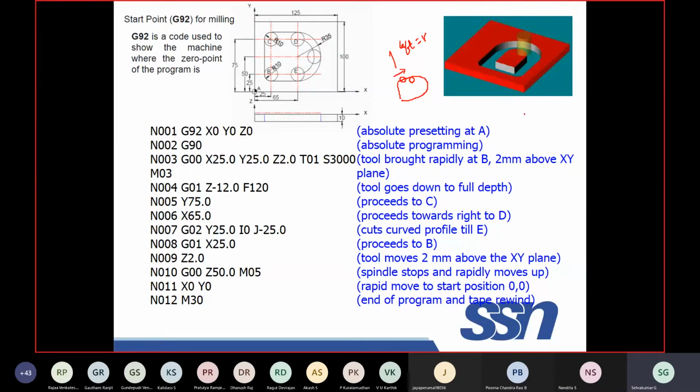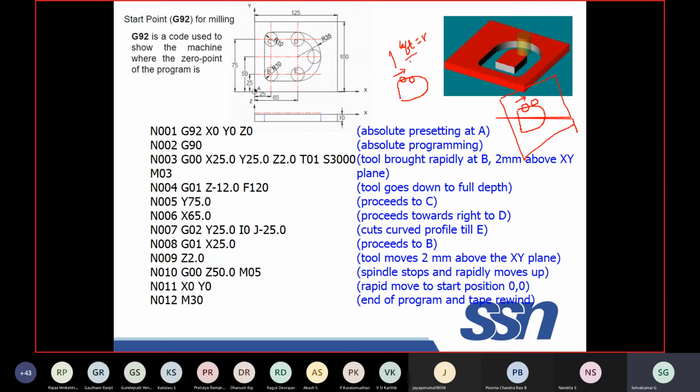Instead, my intention is to create a punch. This punch is my objective. Of course, this is my job. From this workpiece, I want to do machining. I want to make this punch as my output. In this case, what you have to do is, if it follows through this, this is the tool center. If it moves, the dimension is reduced. So this is the direction of motion of the tool. In this case, you have to take the right offset.